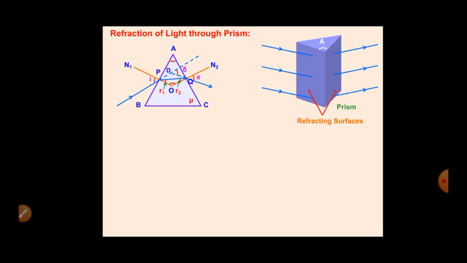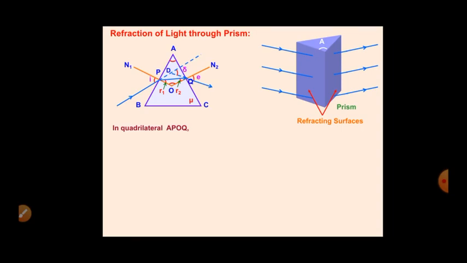Whenever a light ray falls on the prism, the light is deviated from its original path, and that deviation depends on the refractive index, and the refractive index depends on the wavelength. That is why, when white light composed of seven colors is incident on the prism surface, the angle of deviation is different for every color, because they have different wavelengths, and due to that all the components get separated.